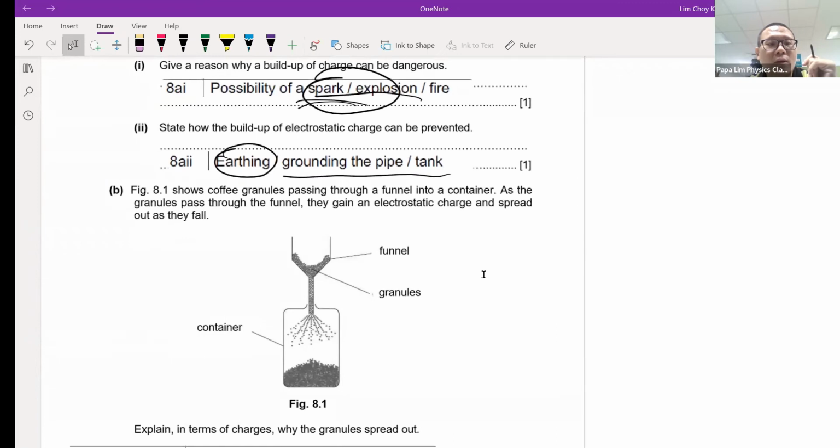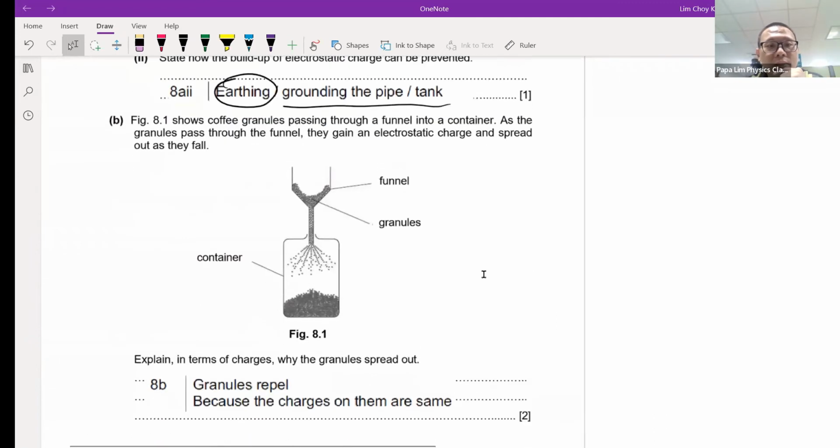Okay, so now we look at another application whereby we look at funneling some coffee grains. Okay, you'll find that when the coffee grains run through the funnel, because of the motion they are running down and squeezing together, there will be some friction, some rubbing along the way. And because of the rubbing along the neck of the funnel, there will be some charges being deposited, or some electrons being